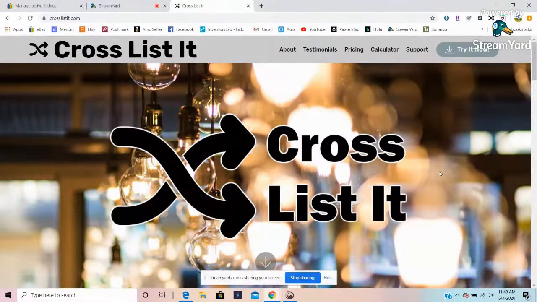If I ended up liking them, the cost to subscribe was higher than I really wanted to pay. My primary focus before the shutdown has been Amazon, so I wasn't doing a huge amount of listing on eBay. But of course, now with what's going on, I've been doing a lot more eBay and cross posting like crazy. I was using CrossList back in January and February. In March, I backed off from it because I was doing an inventory between what I have on eBay and what I have in my totes. That pretty much took me all month in March.